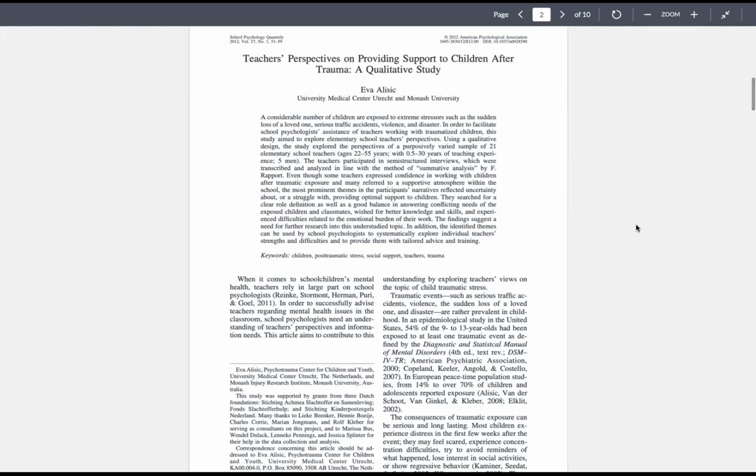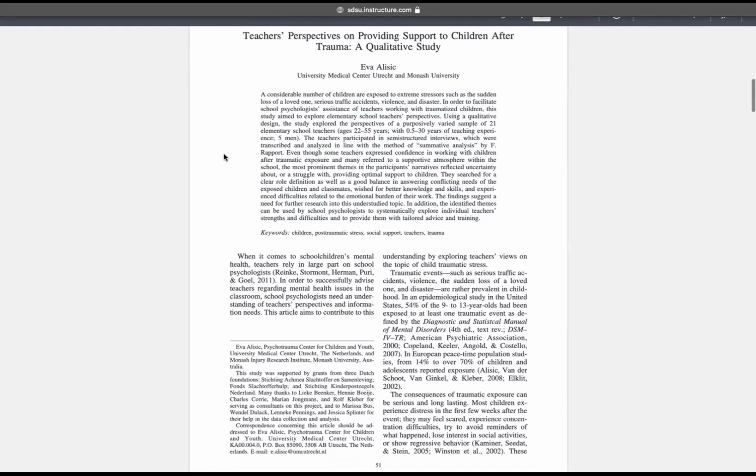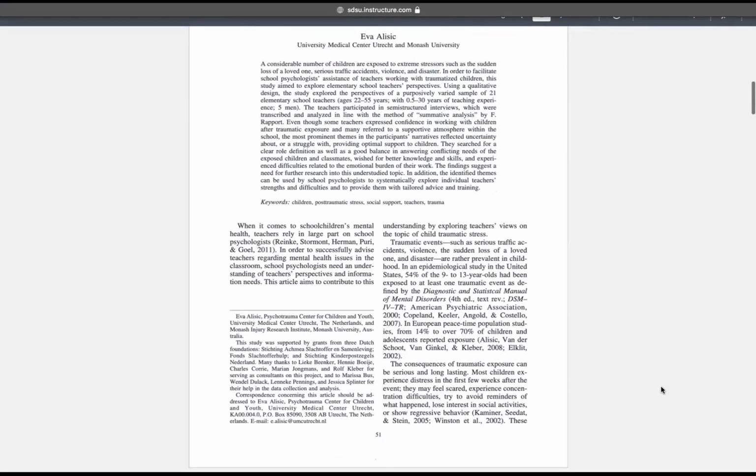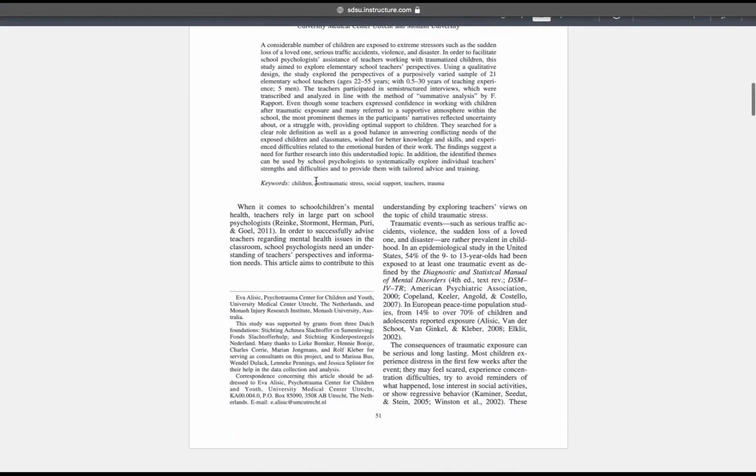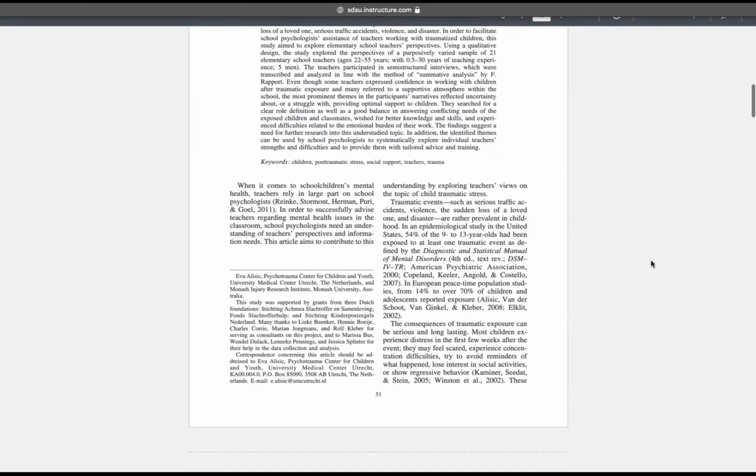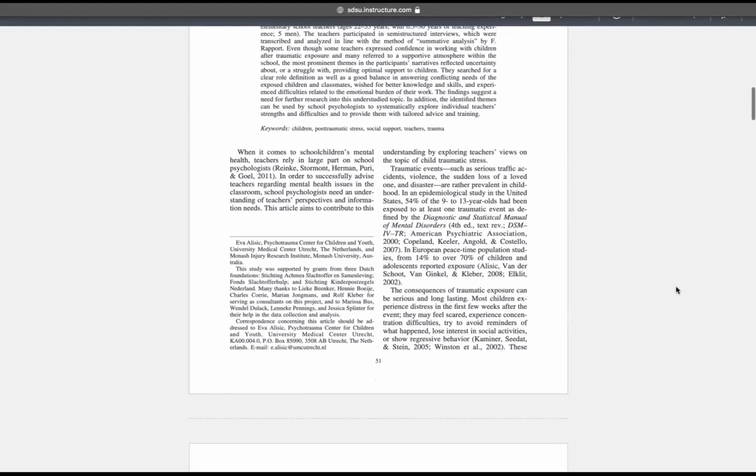So it's a good idea for you to always start with reading the abstract. I always suggest reading the abstract. When you're looking for your own literature, looking at the abstract is also going to be very important because you need to know whether or not you even need to invest the time and energy to read the entire article. You'll see some keywords. These keywords are things that are associated with the research study. So what are some keywords that you can label this article with?